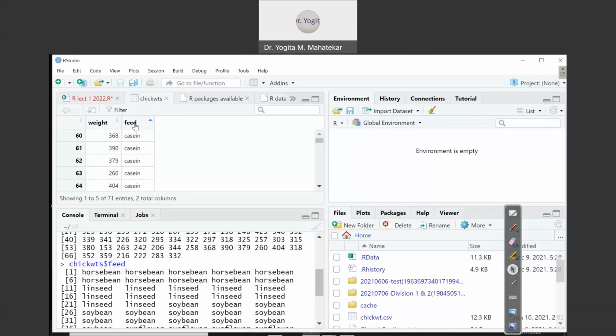Even if we arrange the feeding type in alphabetical order, like say casein first, then horsebean, then linseed, and so on, it doesn't matter a lot for us. So it's a nominal variable.